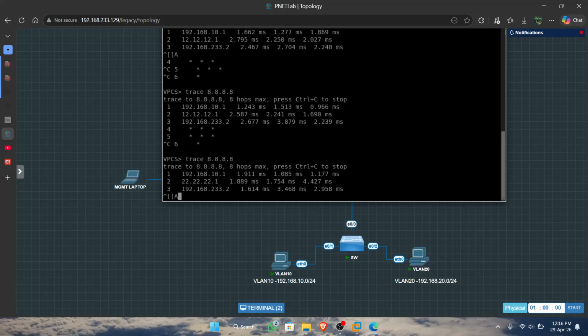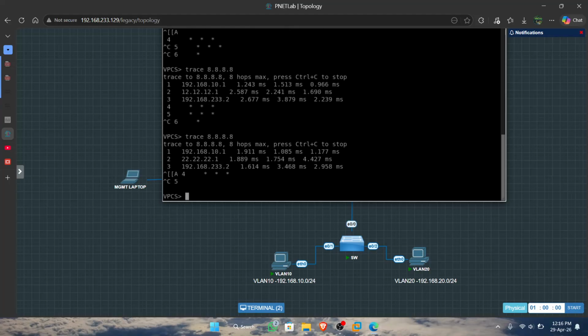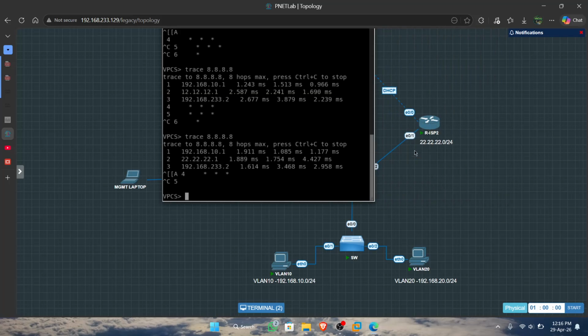Good. The packet from VLAN 10 is traced and changed to port 2. Yeah, you can show this, the packet goes to ESP2.